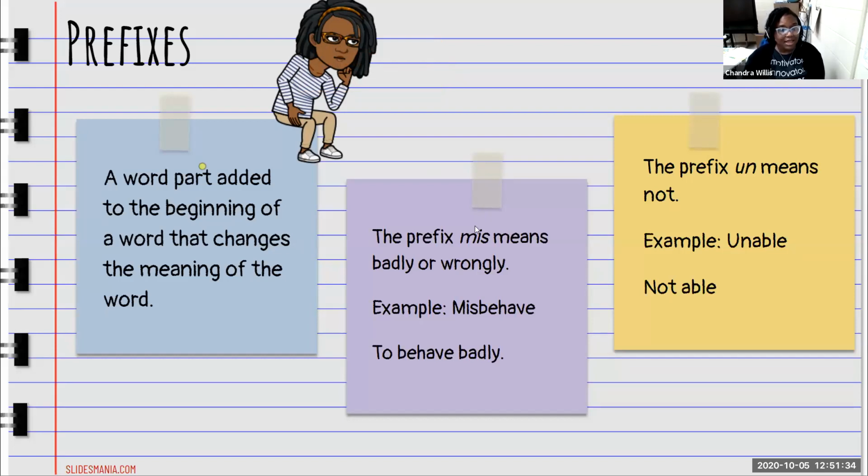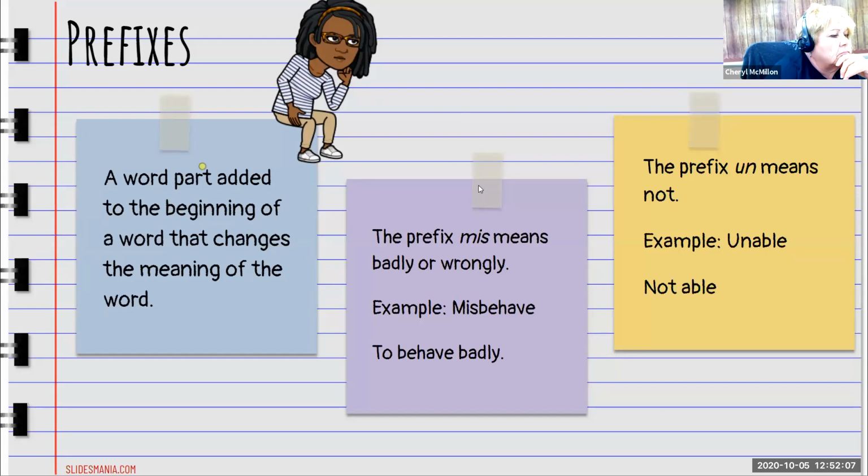All right, can somebody think of another word? Can you think of a word that uses the prefix un? Unable. Okay, yes, unable was our example. We're going to have one more and then we'll move on to today. Genesis, go ahead. You are eager to answer. So what is a word that uses the prefix un?